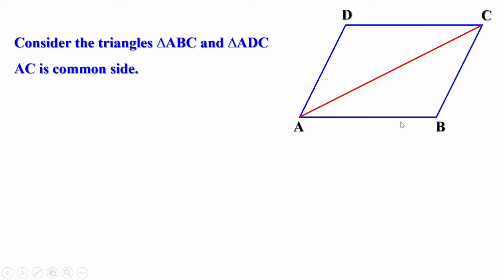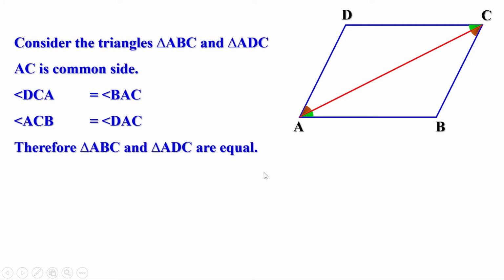Now, these are parallel lines. So, these two are a pair of alternate angles. So, they are equal. That is, angle DCA equals angle BAC. In the same way, these two are a pair of parallel lines. So, these two angles are alternate angles and so they are also equal. That is, angle ACB equals angle DAC. This side and the two angles at the ends are equal to this side and the two angles at the ends. Therefore, these two triangles are equal.